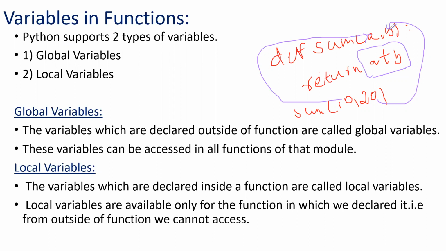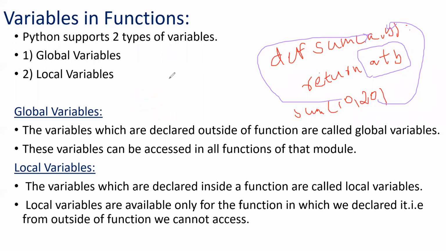Now there is a case, beyond the parameters we have discussed. We have four types of arguments, like keyword, positional, default, and variable length. Except for them, we can give the values based upon global variables and local variables. How can we give that? Simply, what we are going to do is,